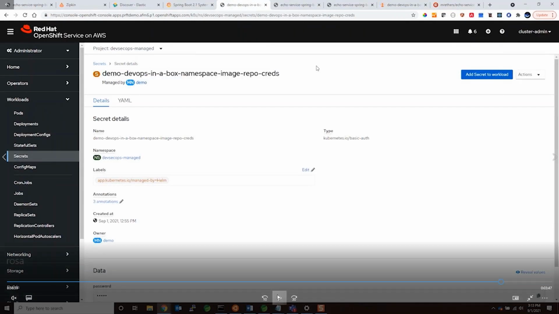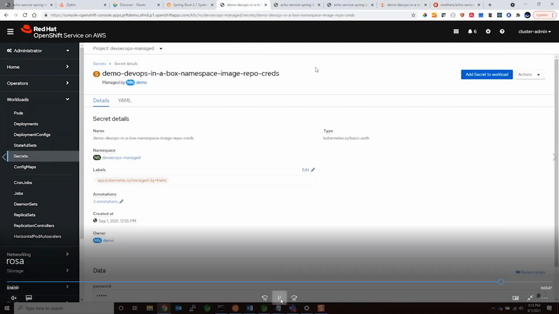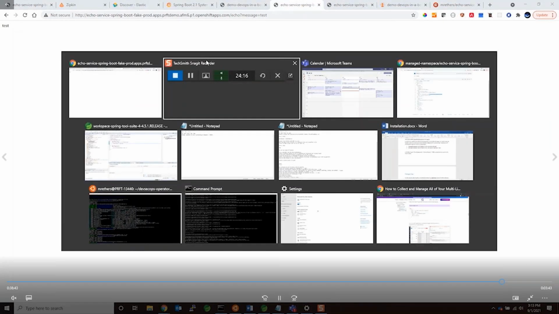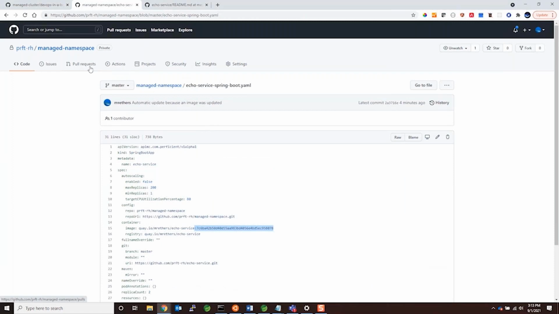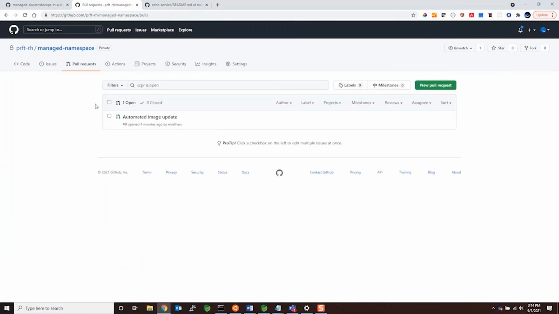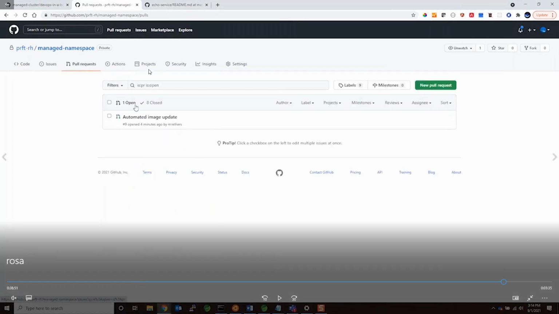So this is on the prod, right? And then we can see on the dev, it still says test, right? So now we have a dev version that's different from prod. So at the time when we're ready to promote the change, you're gonna see in your GitHub for the namespace